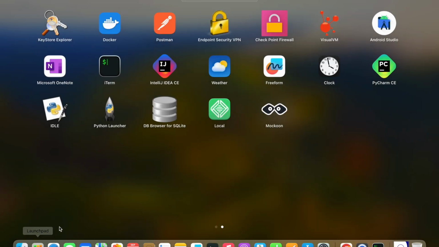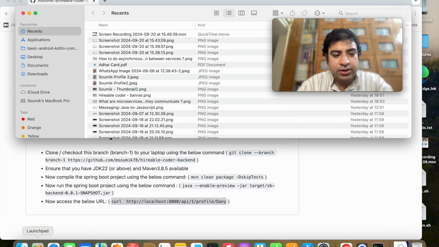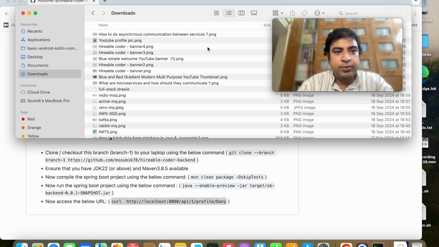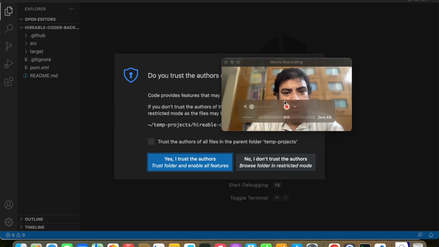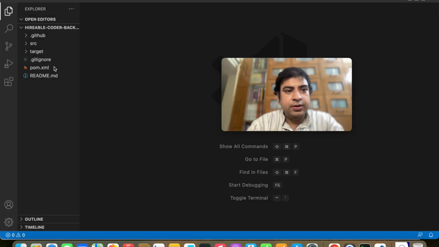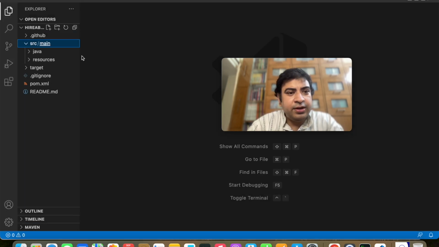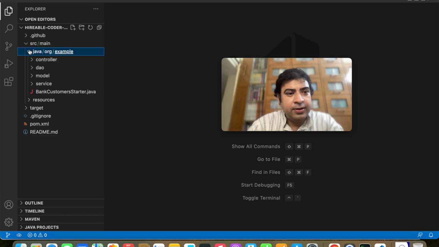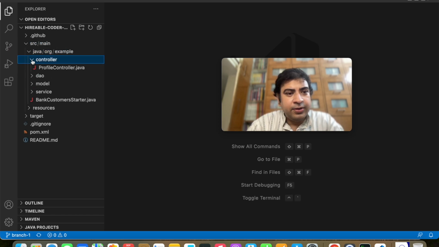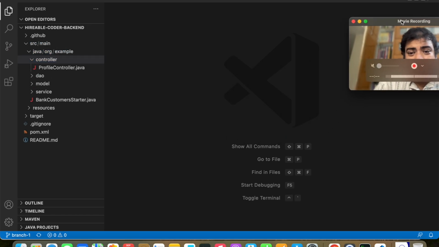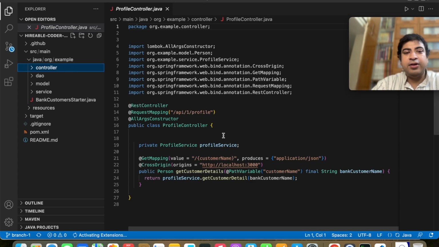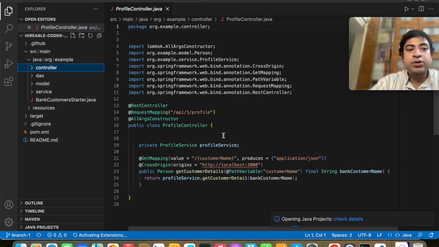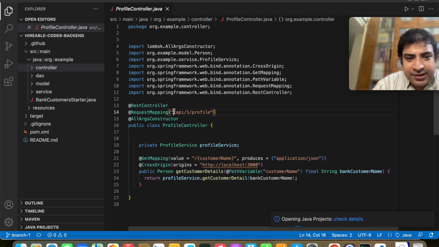We will open the code in Visual Studio. One moment for that. So this is the code. If you see the code here, again, please do not worry if you do not understand everything. So this is the controller, which is the outermost layer, and it exposes these endpoints here,